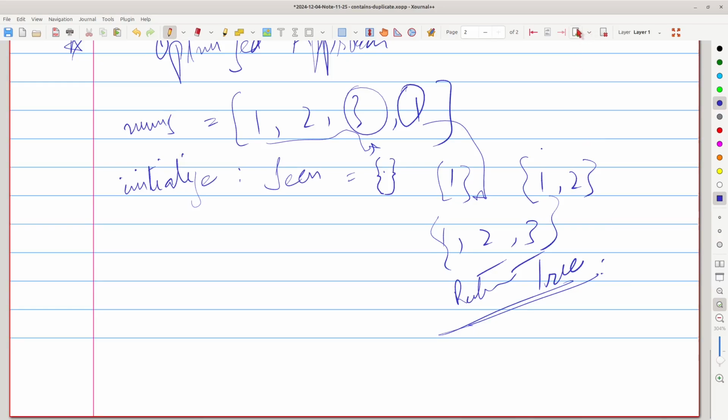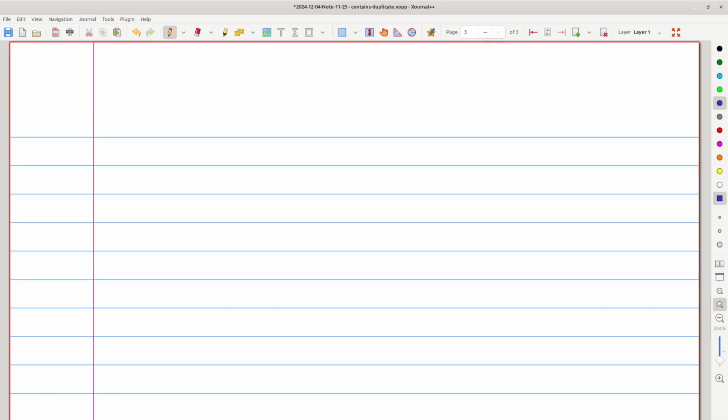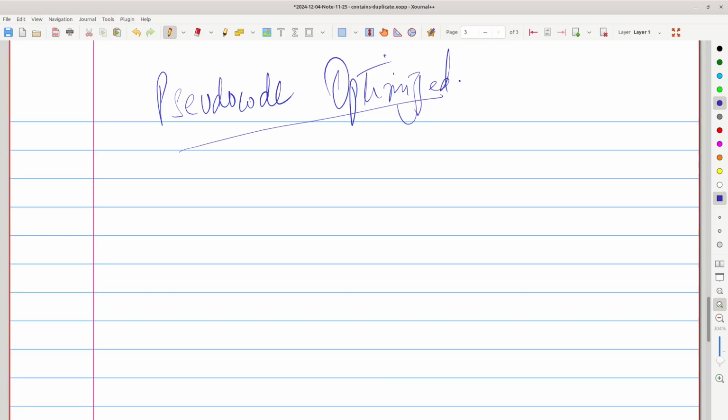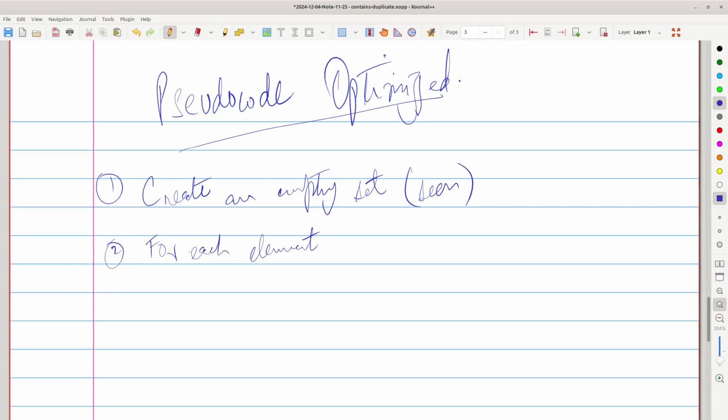Now let's talk about the pseudocode for this example. We'll start with creating an empty set. We'll name it seen. The second step is for each element in the array,